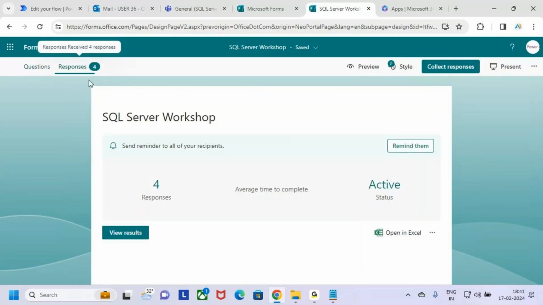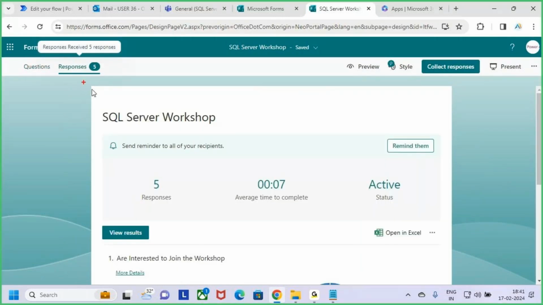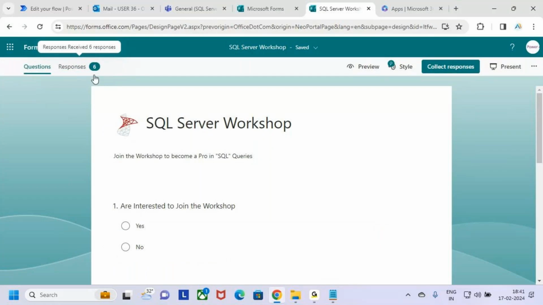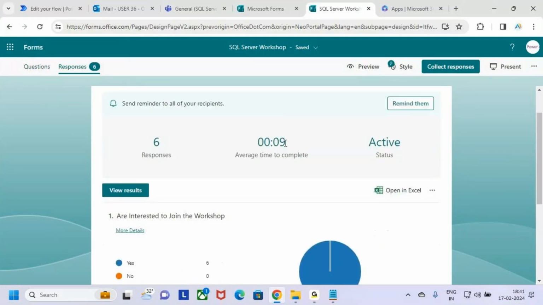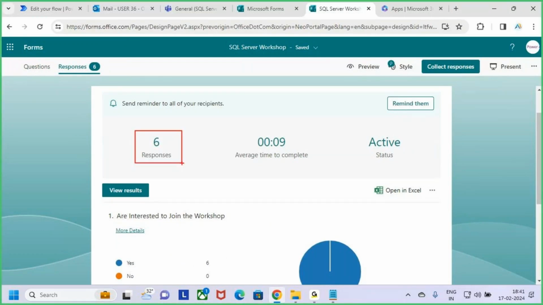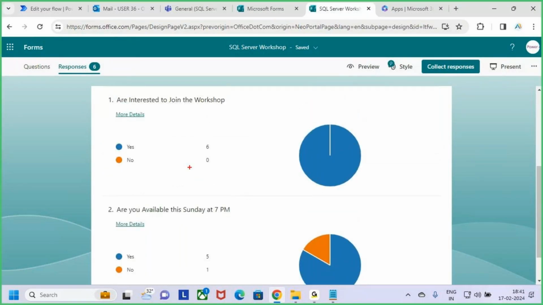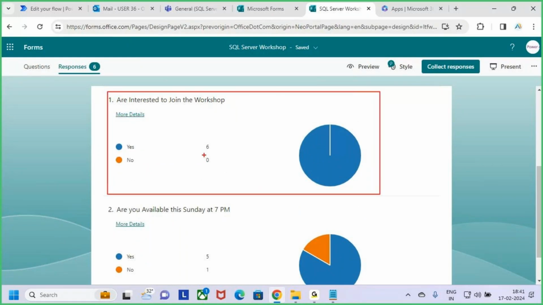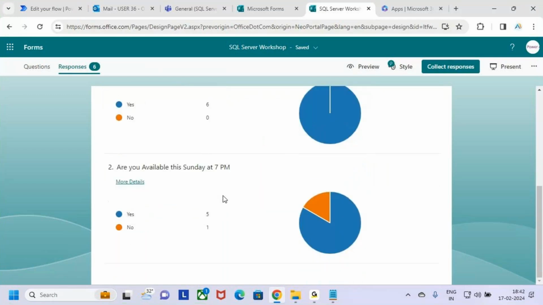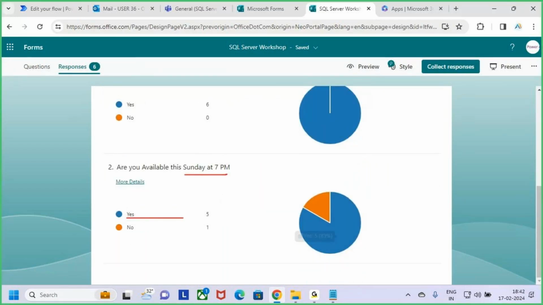Yes. Now see, 5 people are responding. How many responses are coming? Go to the form. Here there is something called responses. Go to the responses. Now see totally how many responses are there? 6 responses. Now if I go here, how many are selecting the are you interested to join the workshop means 6 people are interested. And how many are available on Sunday means 5 people are telling that available, 1 person